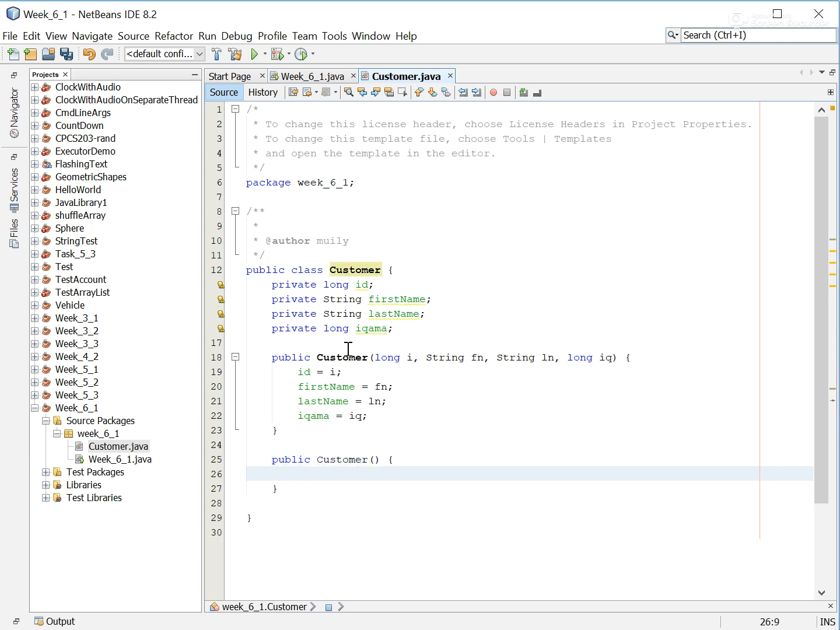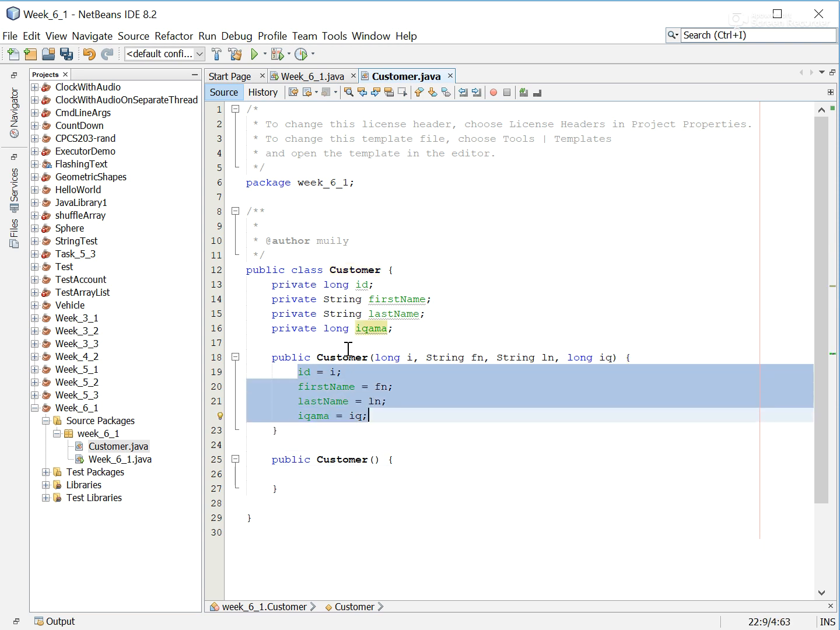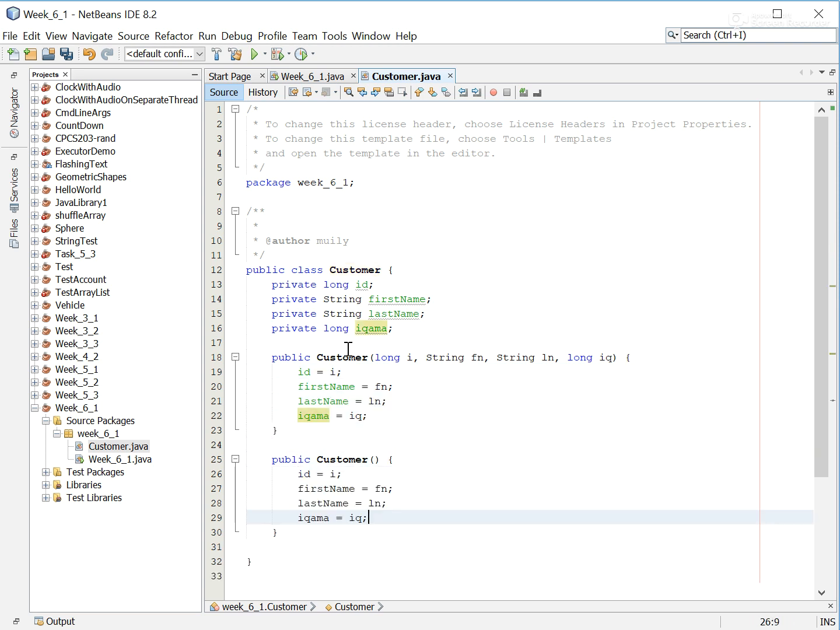And because it's good practice, I'm also going to make a no-arg constructor to control how these values will be initialized when none are provided. Do some copying and pasting. There you go. Okay, so we have two constructors, and